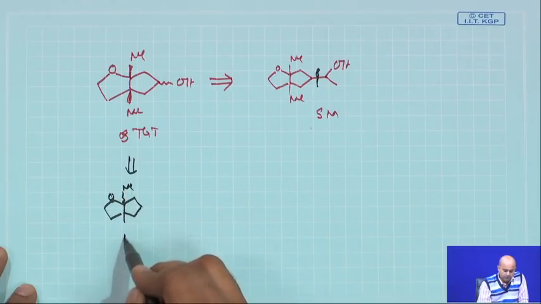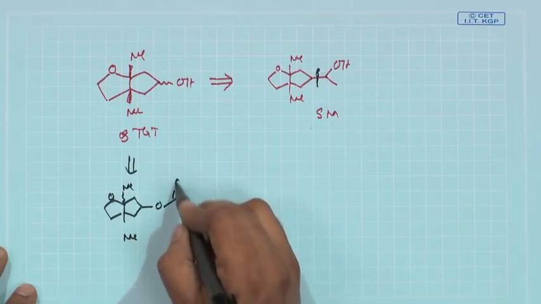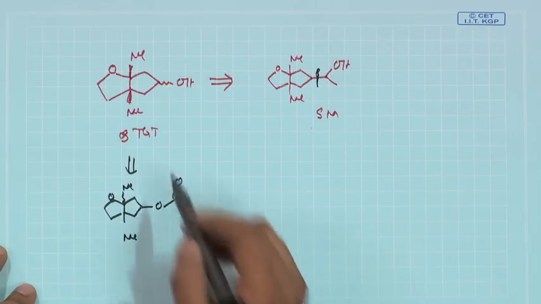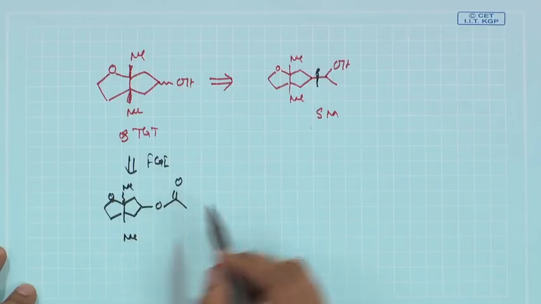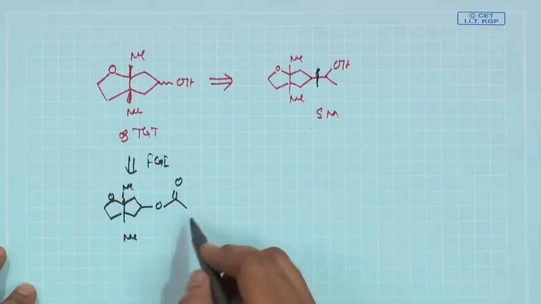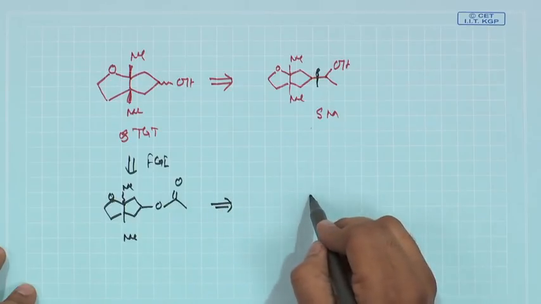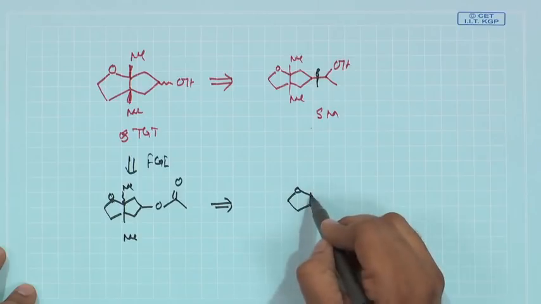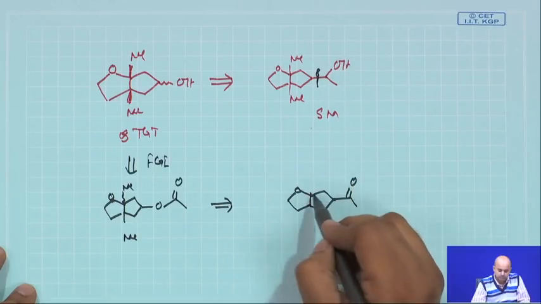Probably all of you know this important reaction, but I will try to figure it out. I will say that this alcohol will come from an acetate by simple acetate hydrolysis, which is a very classical FGI. Now, I say that this alcohol or this acetate will be created through